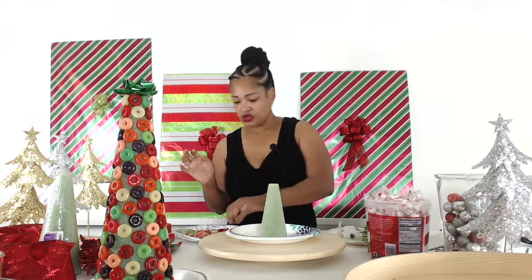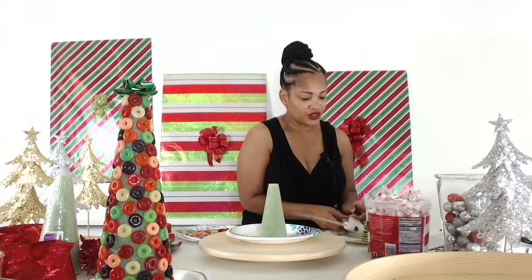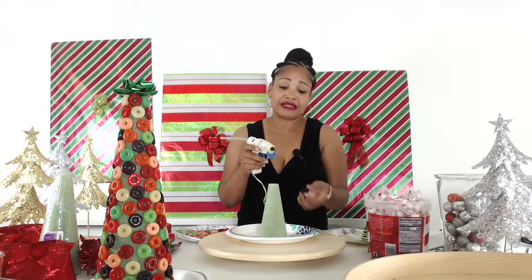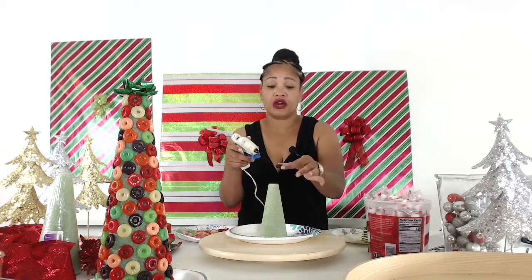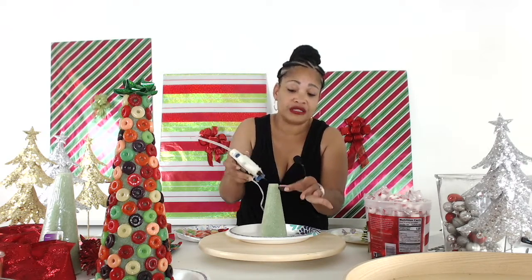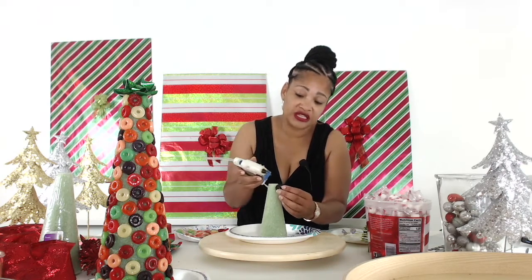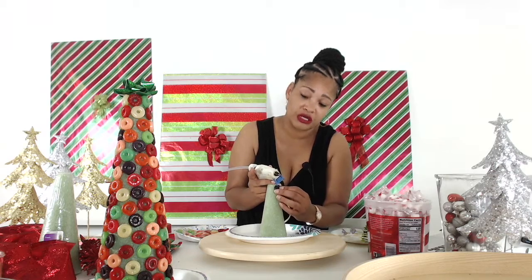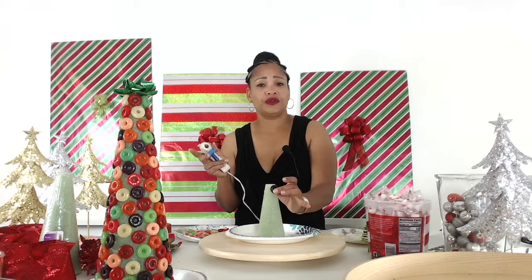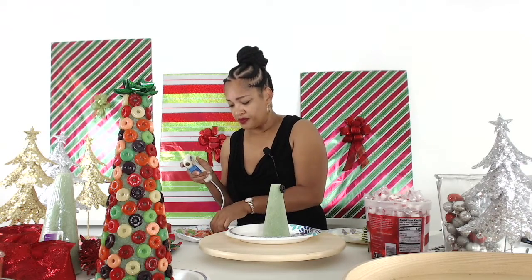And the goal is, I'm going to take one that you can really see, to just apply a little bit of glue at the top, away from your fingers. So this is how you're going to use it. You're going to just use a little dot of glue there, just enough. Pull that away, because that glue, if it gets on your skin, it's going to burn and it hurts. Ask me how I know. And you just want to hold it there for a few seconds